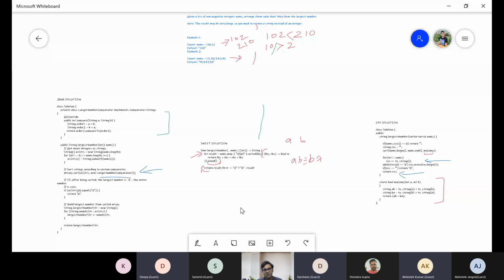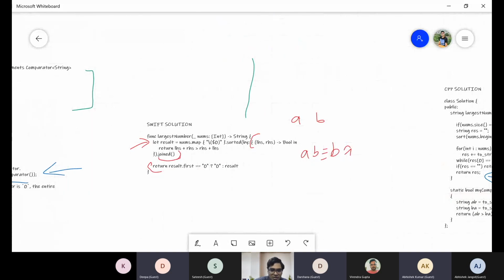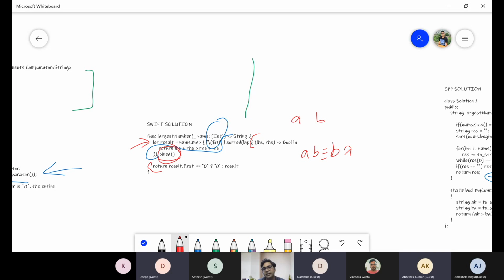Let me highlight here. This one is converting to string, this one is doing the sorting part, and this one, after sorting, is appending and making the array into a string.